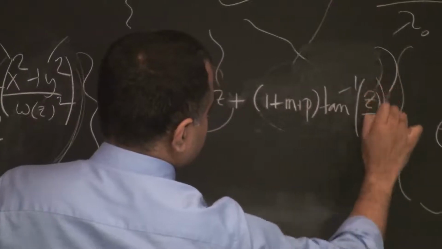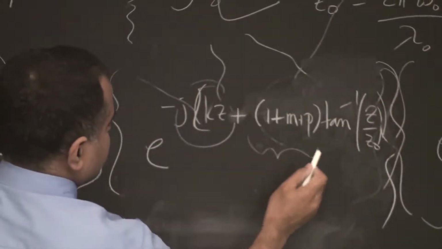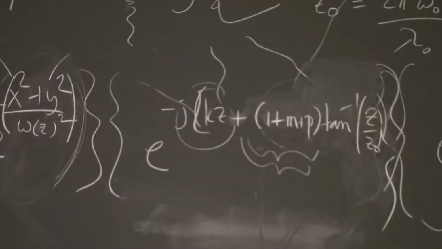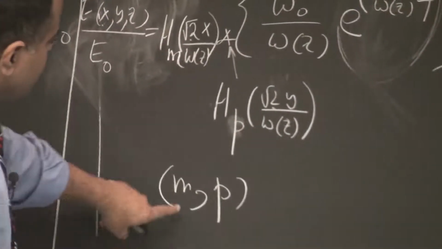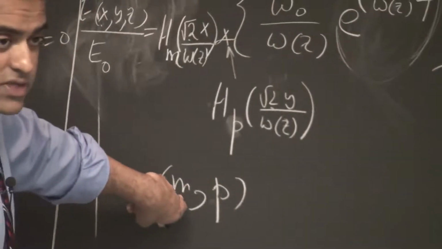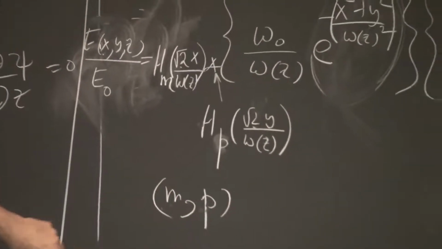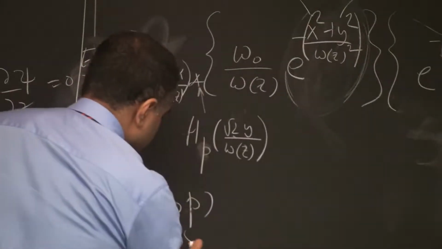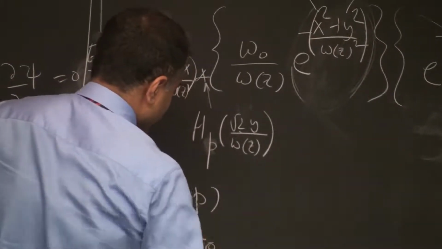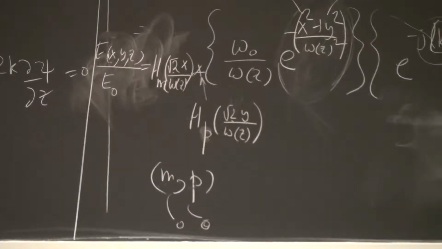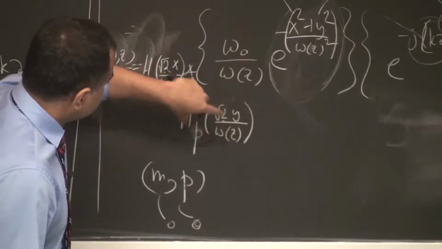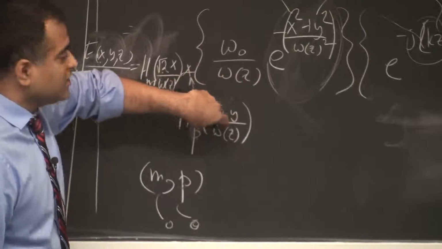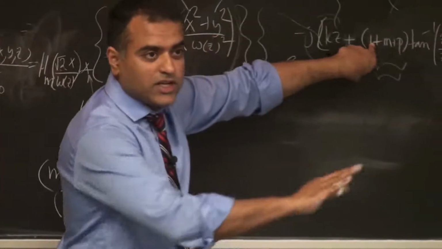Same thing as earlier. So what happens is you have this little extra factor of 1 plus m plus p, where m and p determine the mode of this Hermite polynomial or the oscillator. So lateral modes. And these are integers, zeros, ones, twos, and all that. So for the 0, 0 mode, m is 0 and p is 0. That's the Gaussian mode that you already have done. For the 0, 0 mode, H0, H0 of this are 1, and you get Gaussian, you get a 1 here. You have already done that.